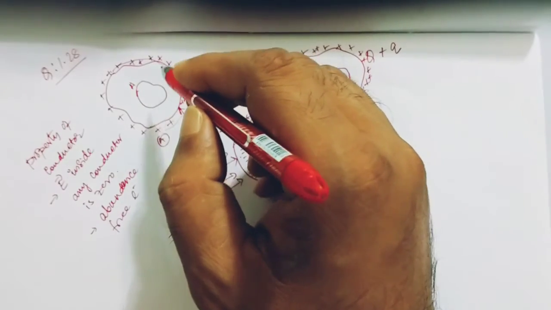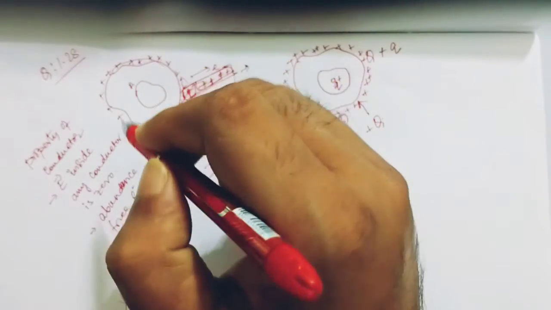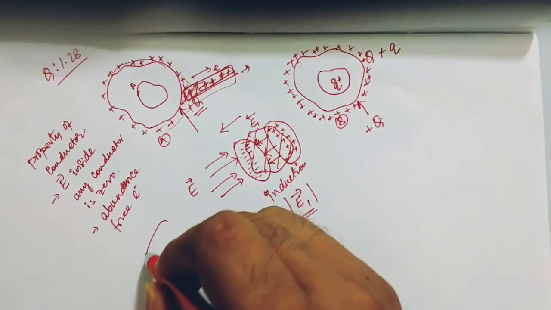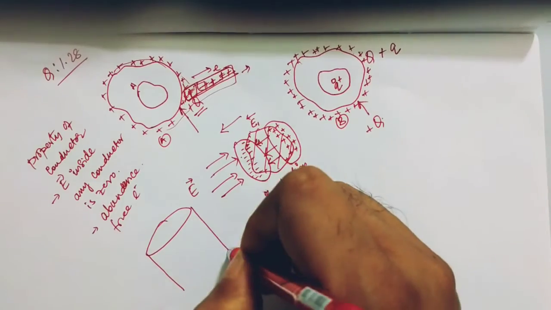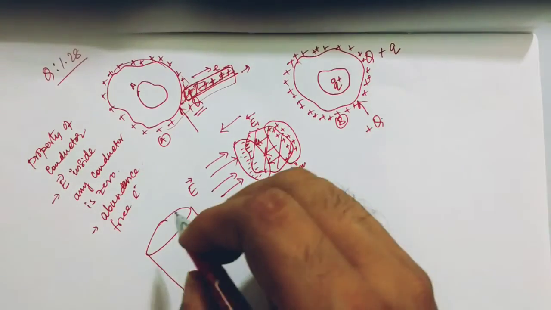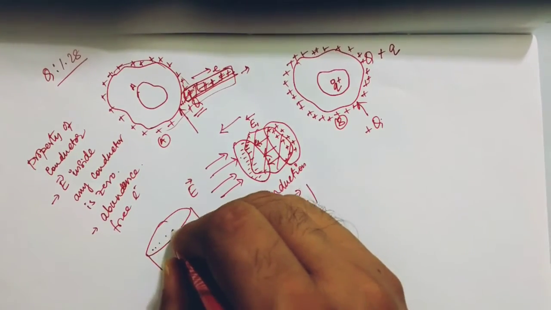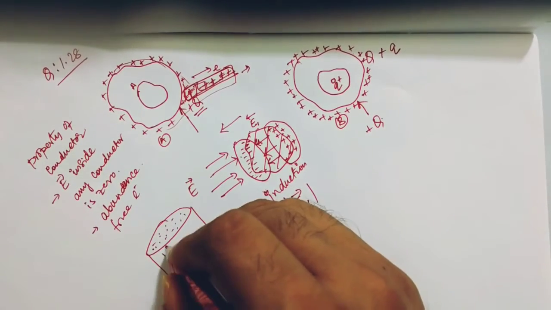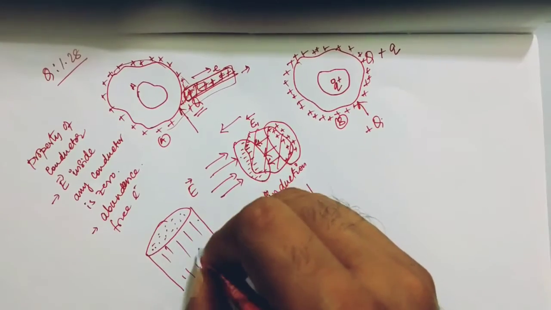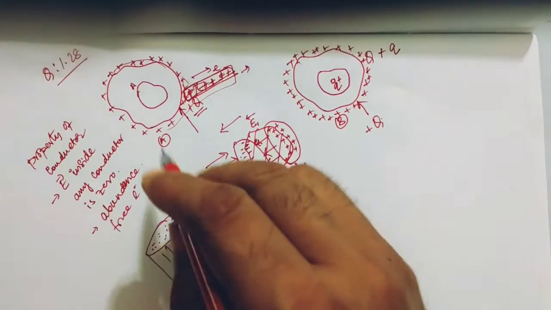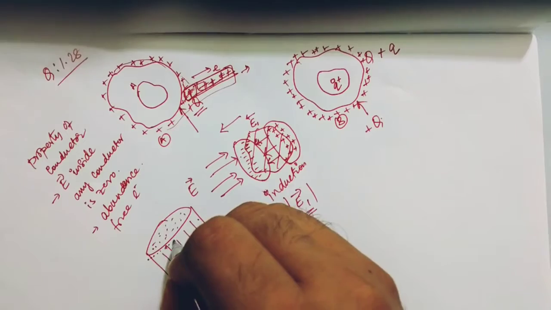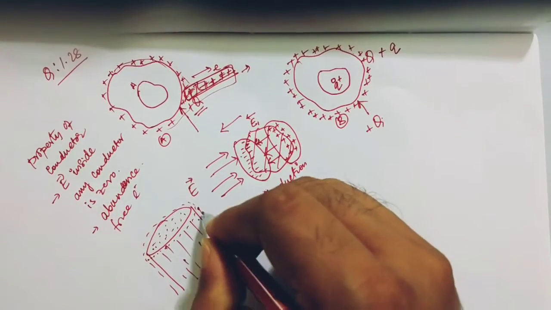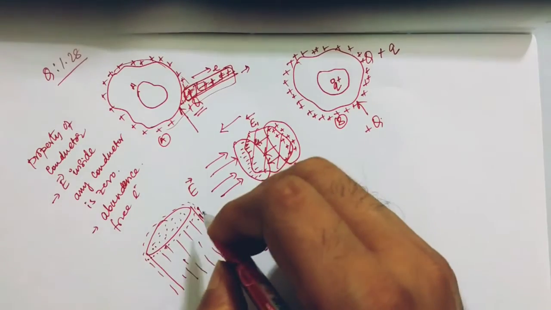Why are you saying the surface? Why not all of the body, the inside core? Inside the core, if you draw a conductor, suppose this is a wire like this, there are a lot of atoms and molecules in every layer. But electrons are deficient, only this is taking part; all the free electrons are taking part outside this body, in the outer layer of this conductor body. Why is it so?